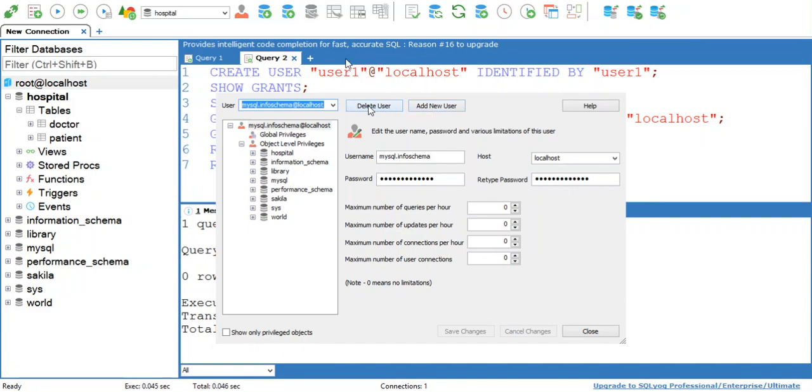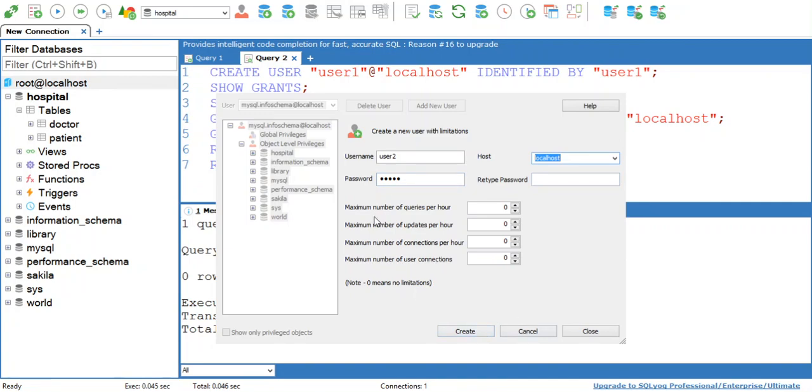By using Delete User, you can delete an existing user, and by using Add New User, you can create a new user. User2, select a password, and here you can select the host also. Here a percentage sign is given, or you can use localhost also.